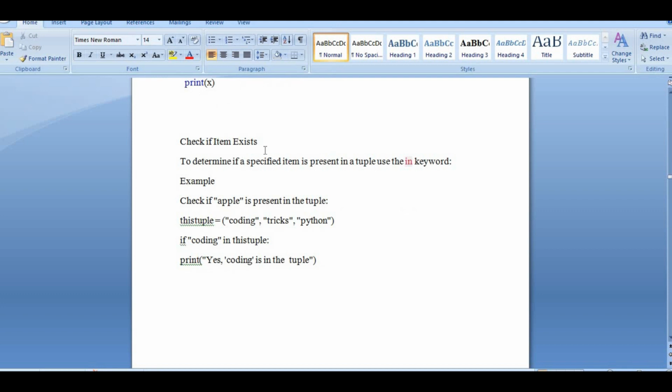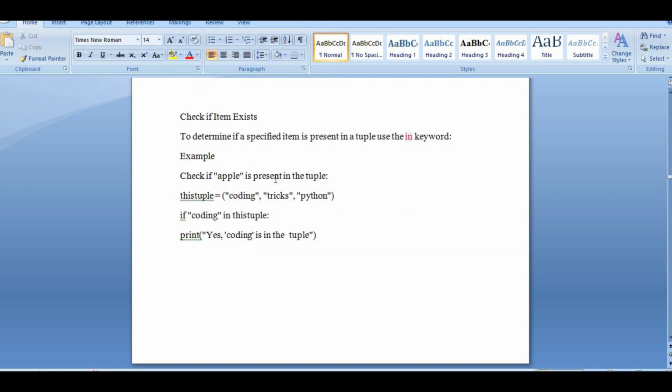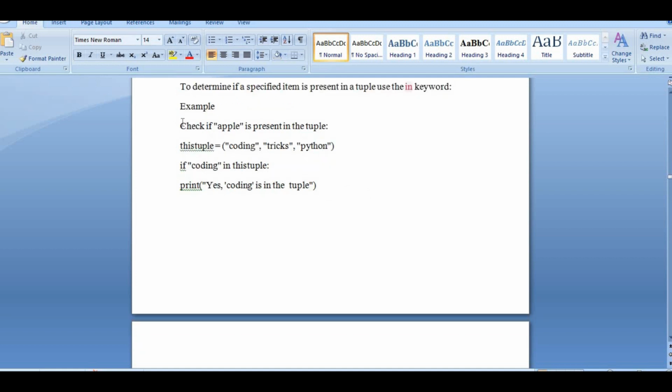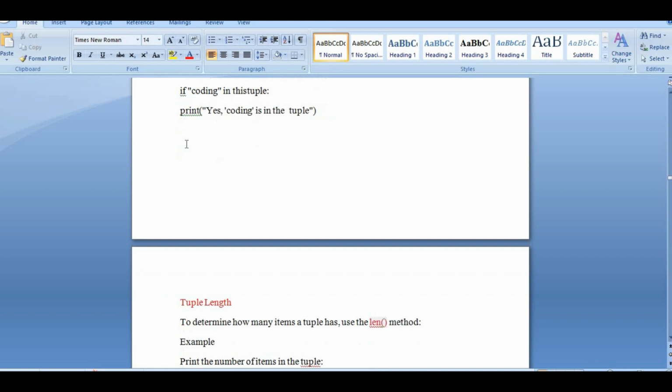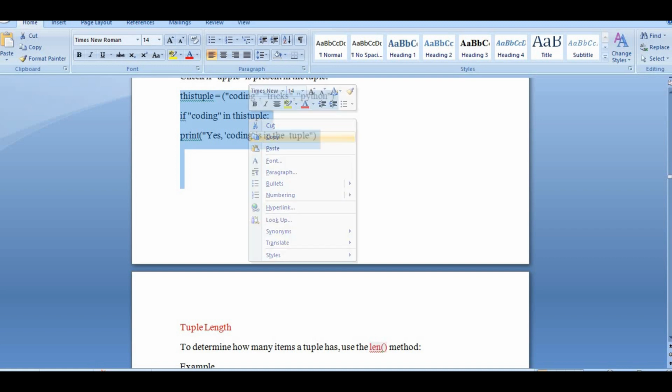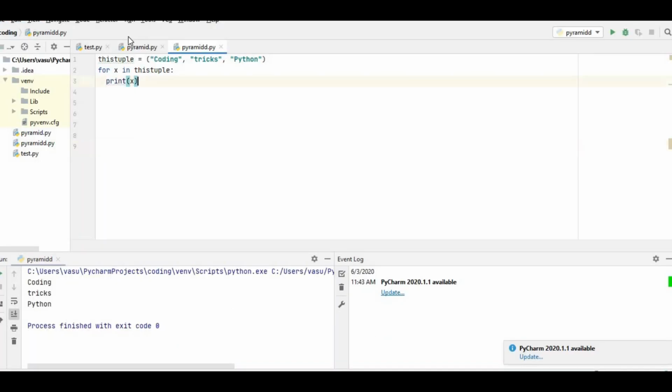Then check if item exists. If the item exists, it will give true. If the item does not exist, it will return false. Here I'm giving this tuple equal to ("coding", "tricks", "Python").